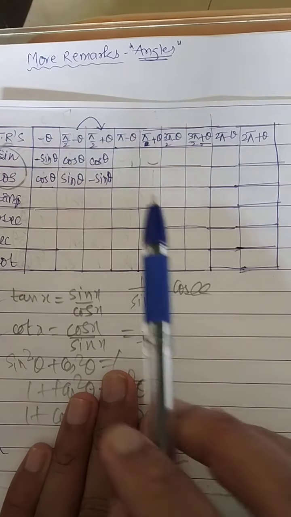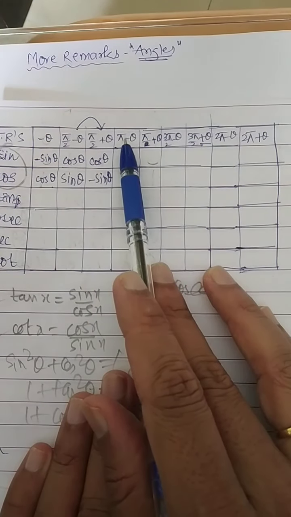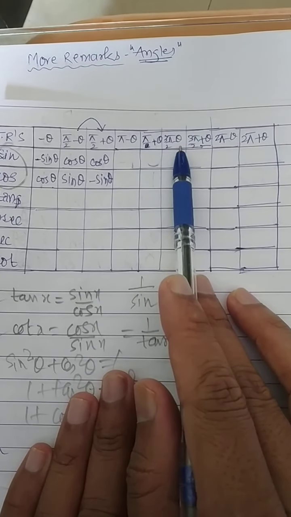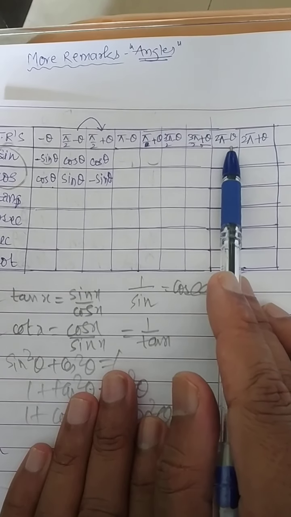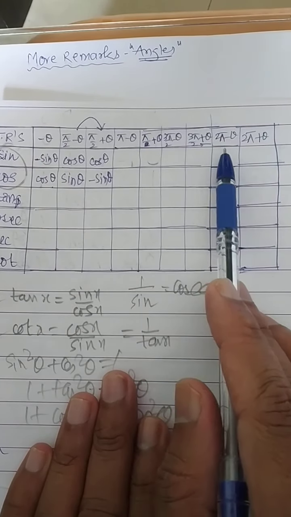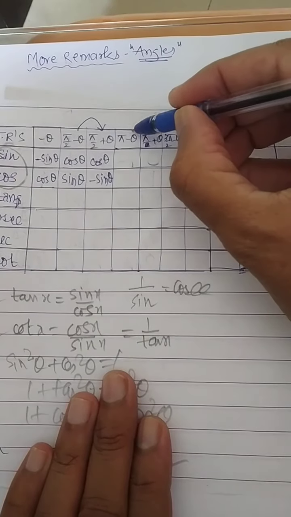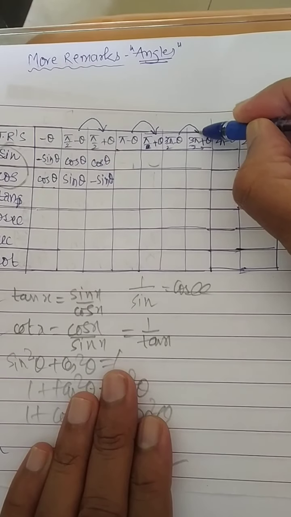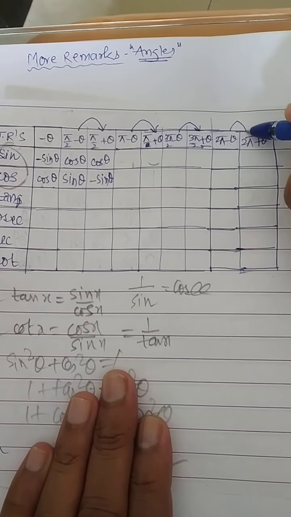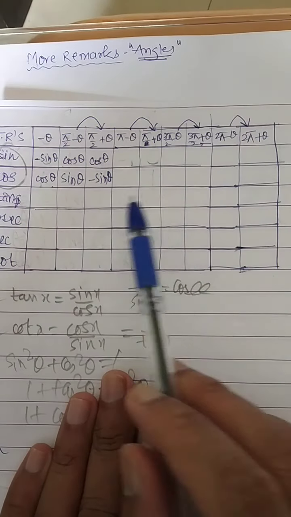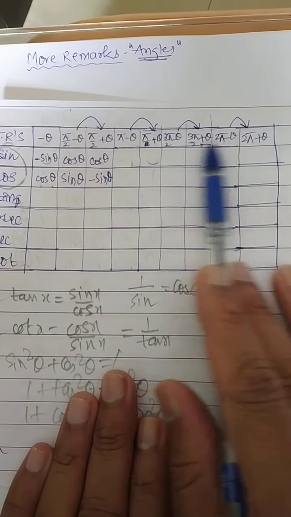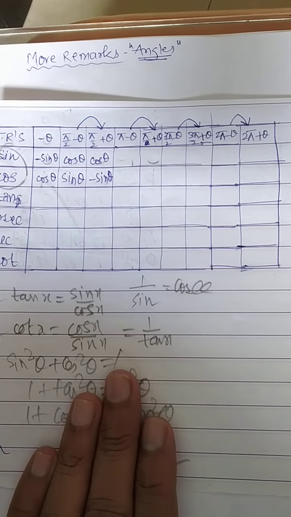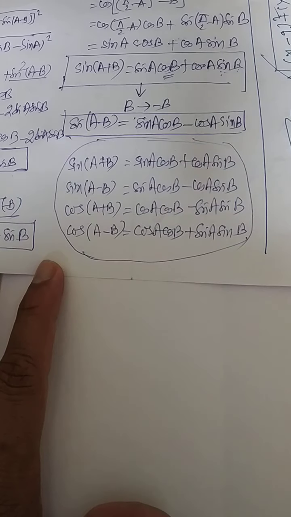Now in today's discussion, I will be helping you to get the formula for pi minus theta, the answer for 3 pi by 2 minus theta, and the formula for 2 pi minus theta. Once these three remarks are known to you, you can generate the others by changing theta to minus theta. Here also it will be theta to minus theta, and here also. In this way, I am explaining how to get the first two rows. Once this table is ready, then you can complete the rest. So this is today's assignment.